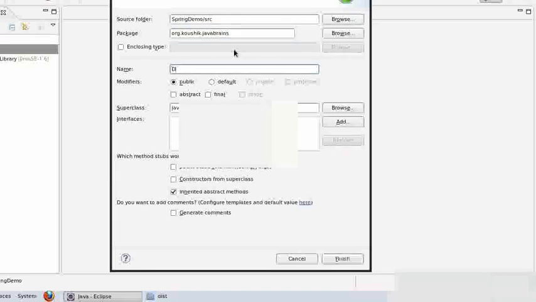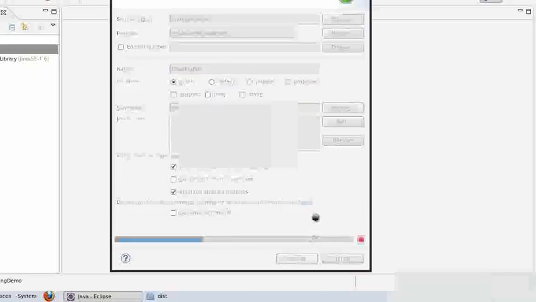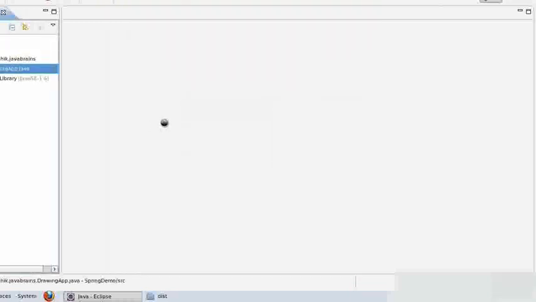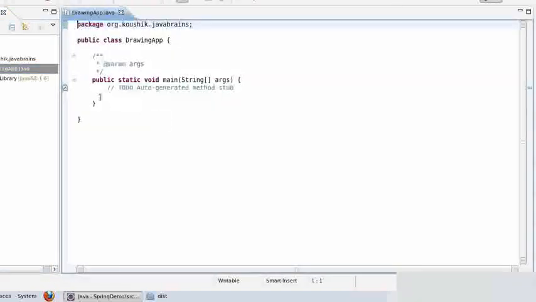I'll call this drawing application and I need a main method. In this drawing application, I will be drawing some shapes. So first let me create